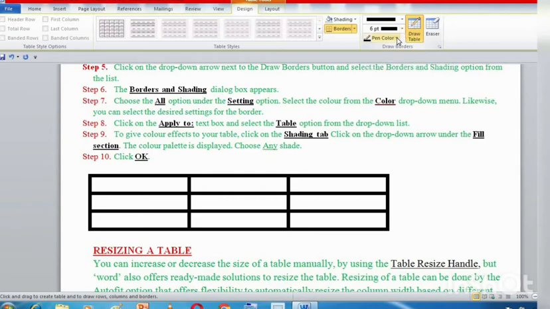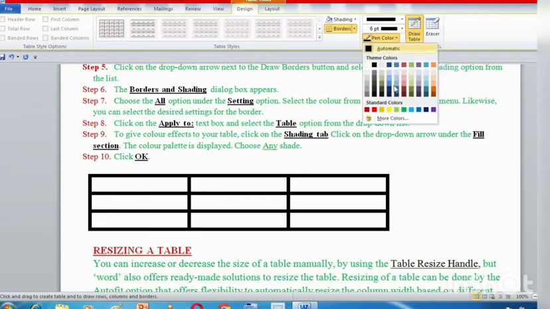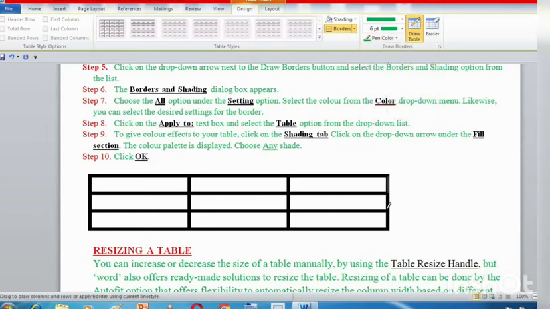I can even change the color by choosing the pen color. Suppose I want green color. See, I can change the color also from here. So this is one way to change the line, border and color.